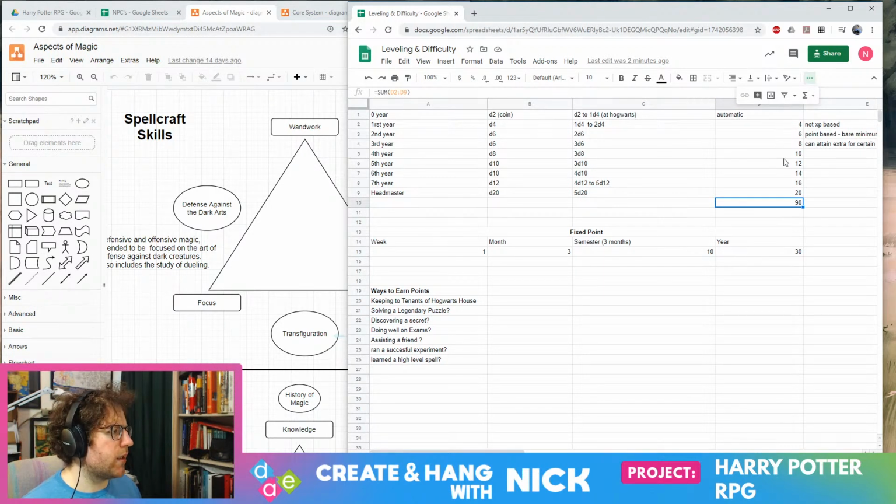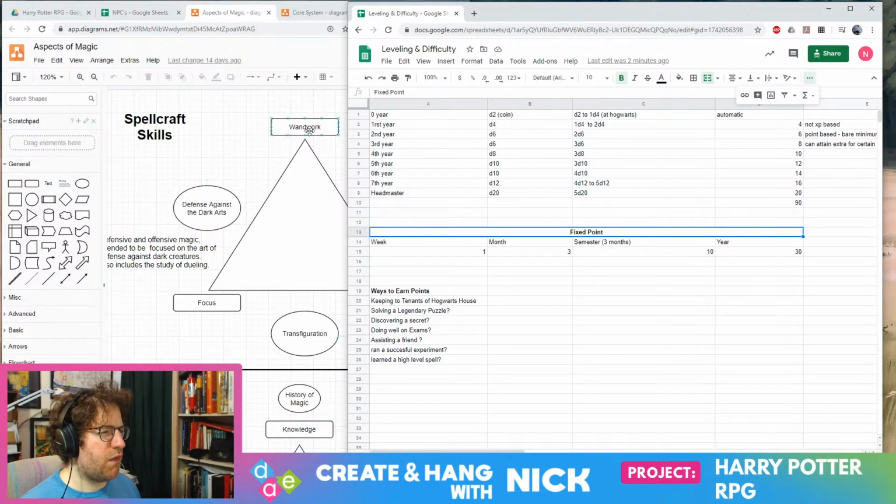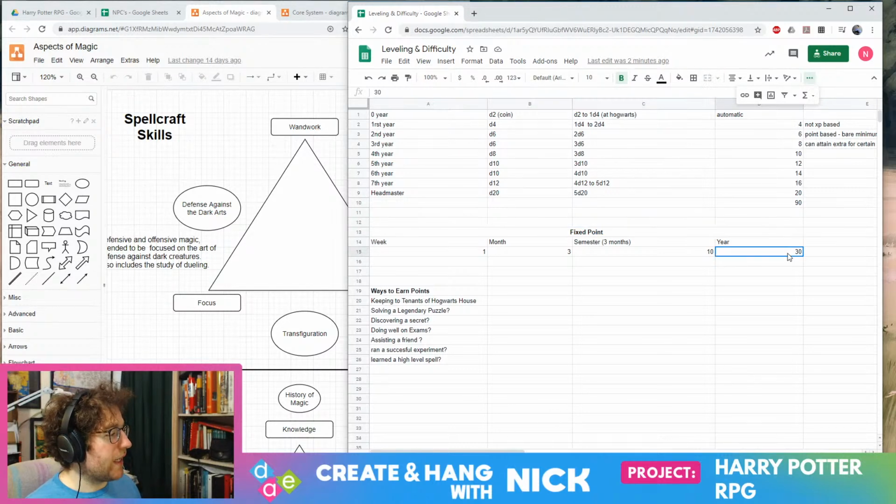4, 6, 8, 10, 12, 14, 16, and then 20. So I would need a 45 and a 45 over here. I do think we need to... that's a lot of points, though. But again, if at the end of the year they've got 30...